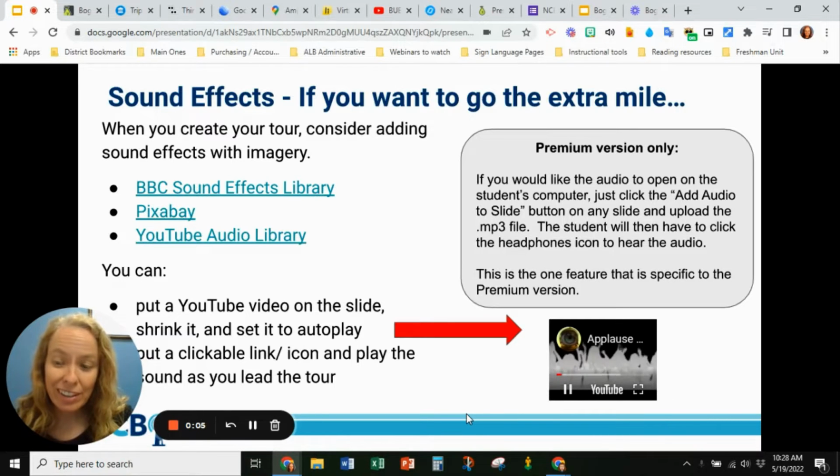And now sound effects. Oh, look at that. There's applause. All right. So if you really want to go the extra mile, you can add sound effects to your virtual tours. So what I've put here for you is 3 links to copyright-friendly sources for sound effects. So I've got the BBC Sound Effects Library, Pixabay, and the YouTube Audio Library, which is actually where I pulled that one from. If you'd like to put sound effects to go along with your imagery, you can do that